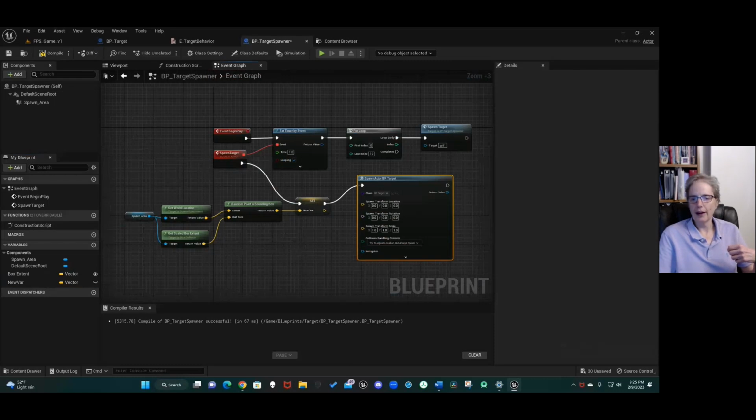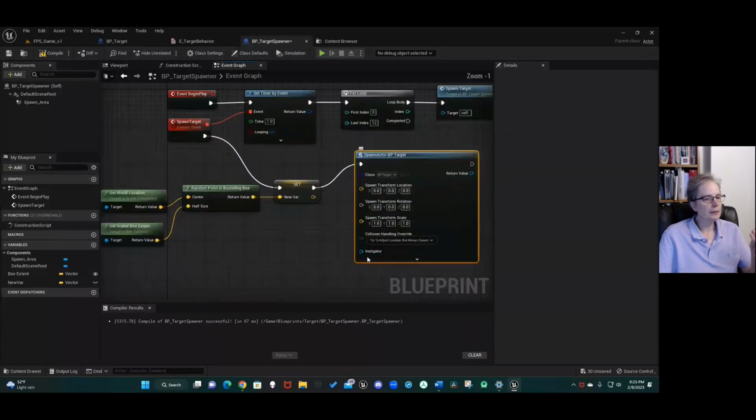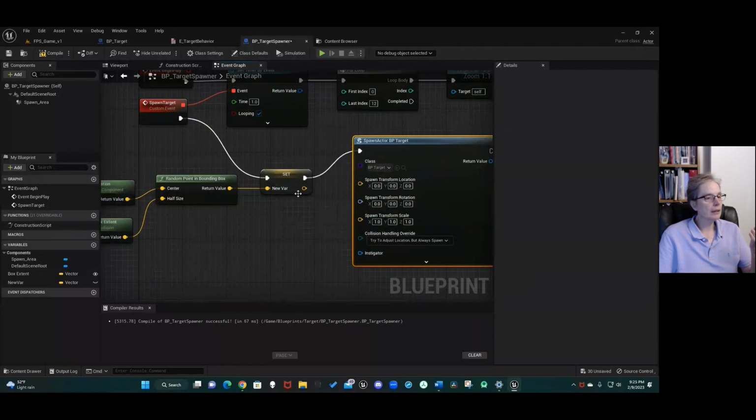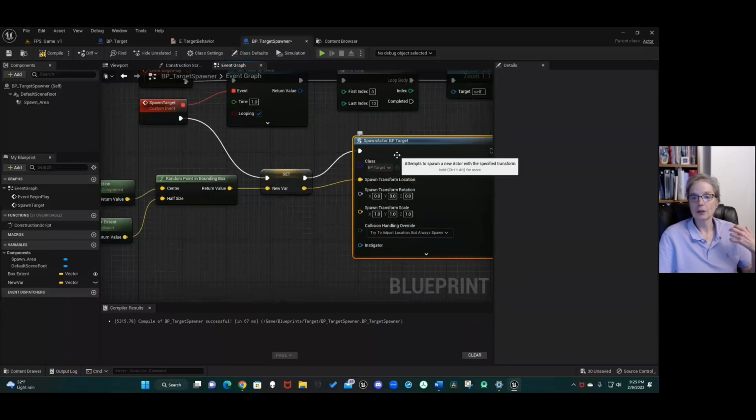And so this is what we have. Okay. So now, on our node here that says set, which is our spawner location, we want to drag off of the yellow output pin, and we want to connect. Let me zoom in so we can actually read it. We want to connect this to the location, spawn transform location on our spawn actor node. So this yellow pin retrieves the values of the variables, so you don't have to use a separate get node,